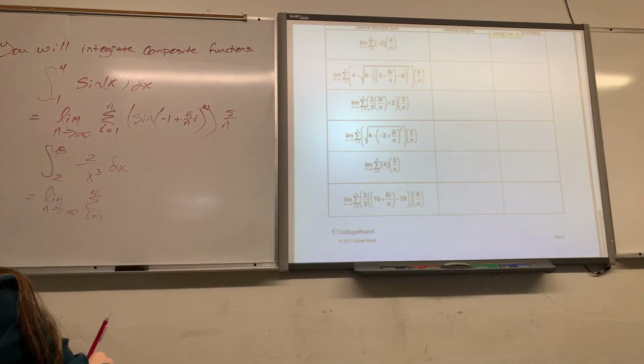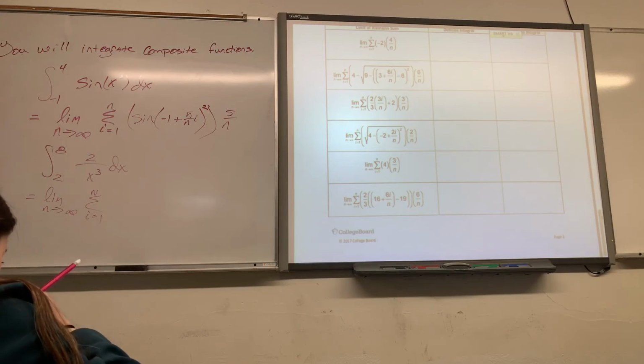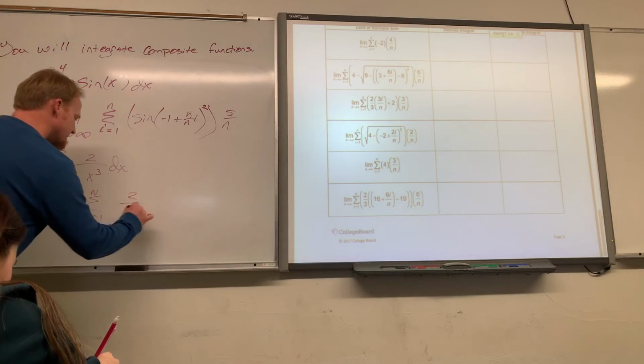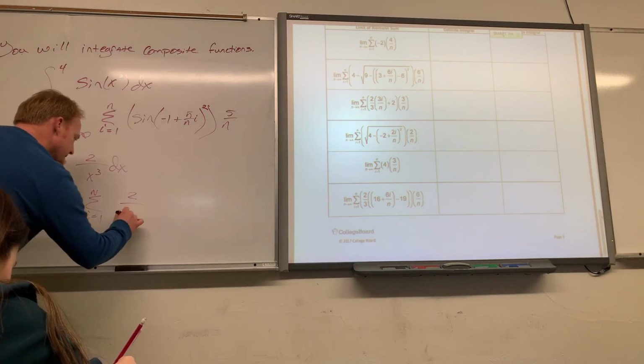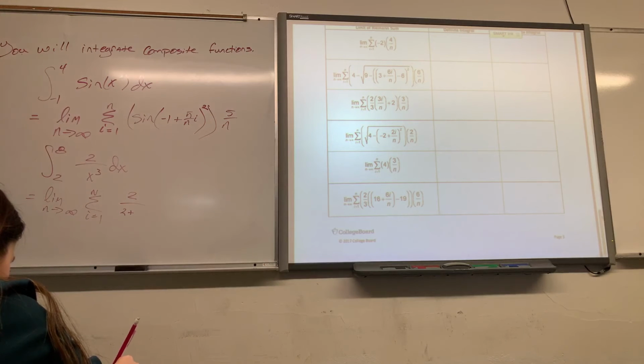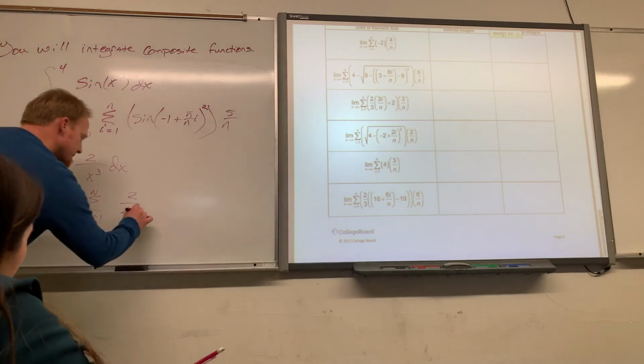All right. Who wants to get me on this one? Abby? Okay, 2 over... What is that? Is it 2? This is a 2. Okay, 2 plus 6i over a